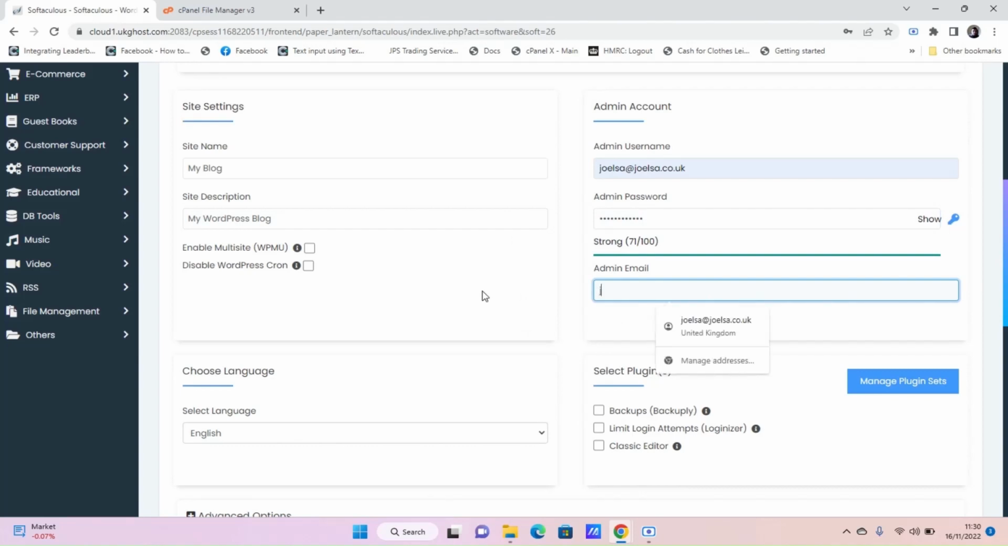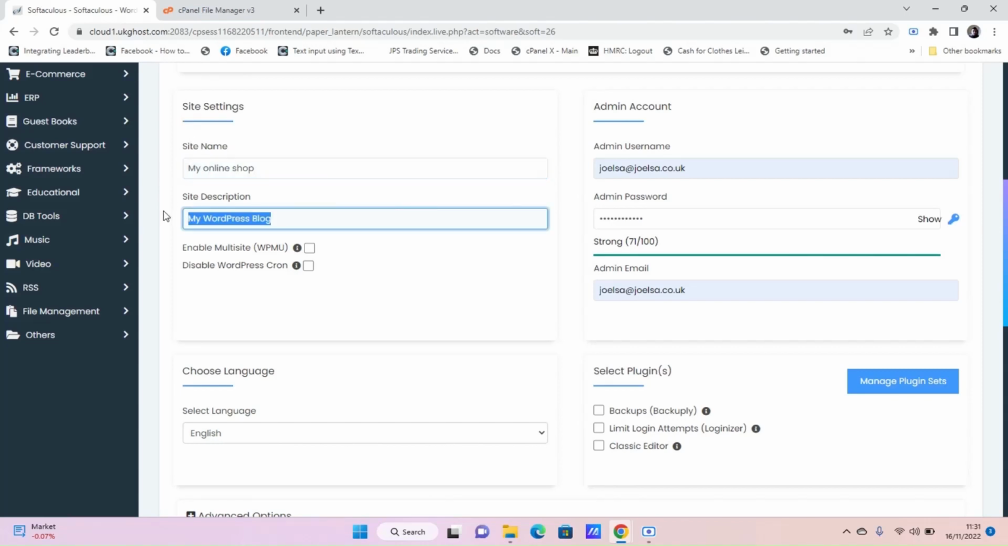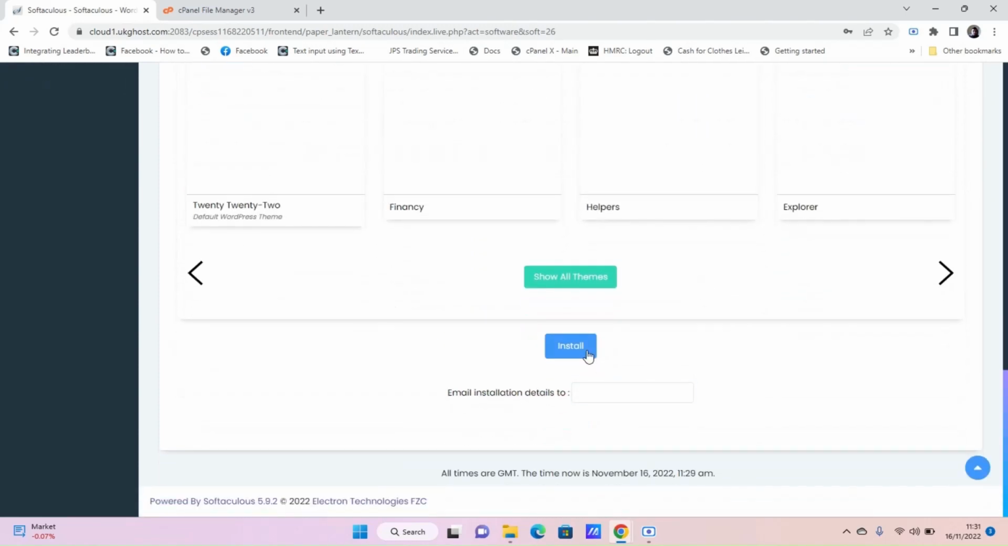And then you can put your email again. I'll put my same email. Site name, you can change it. Say, my online shop, or whatever is relevant to your business. And a description: online retail store. That depends on your business, so you're going to put that, and the rest you can leave as it is, and then you can click install,